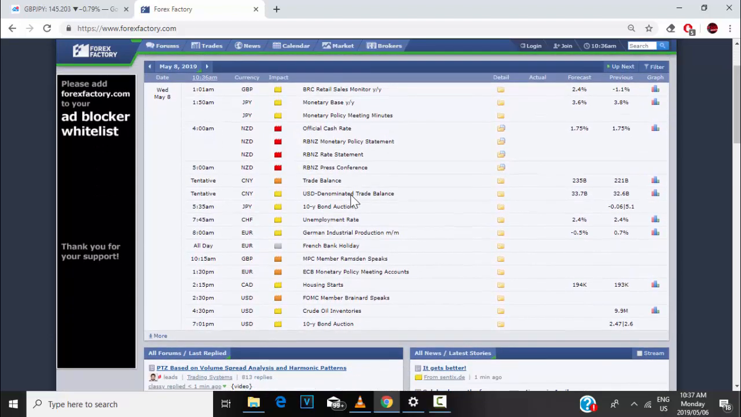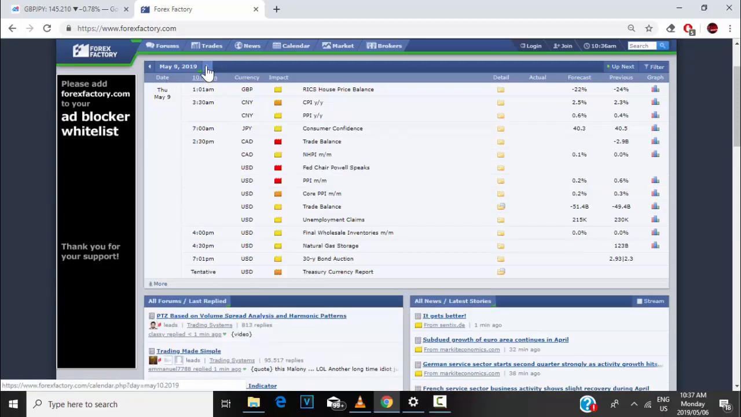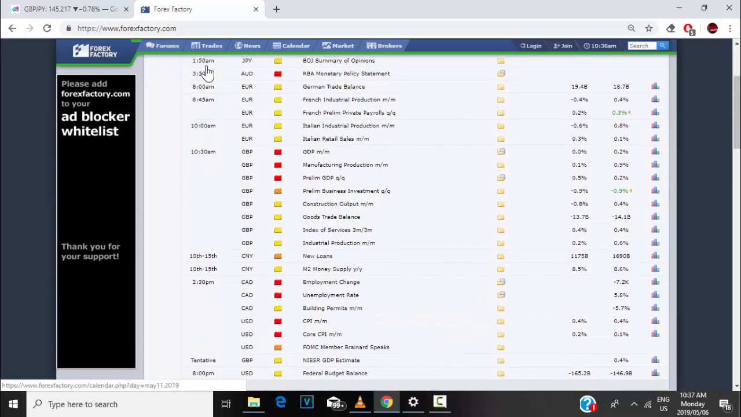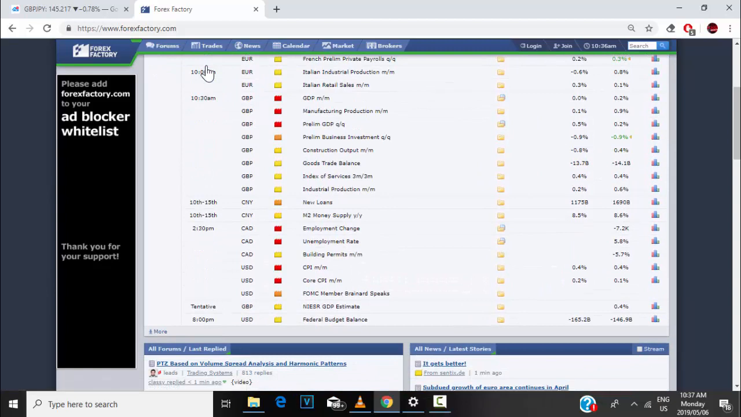So far we don't have any high impact news for the dollar or for the pound or for the euro. So far so good. On Thursday we got Canadian trade balance, and Mr. Powell will be speaking on behalf of the USD, together with the PPI monthly. So it's gonna be a bit late for the USD. Friday, we got GBP GDP, the manufacturing production, the prelim GDP, and then as usual, at around half two we have